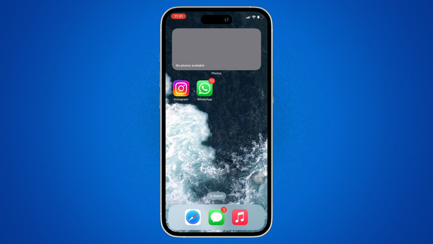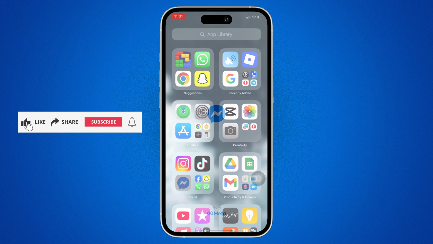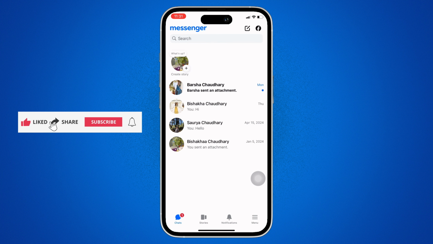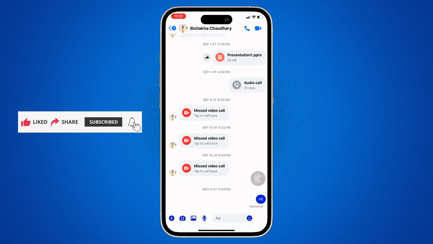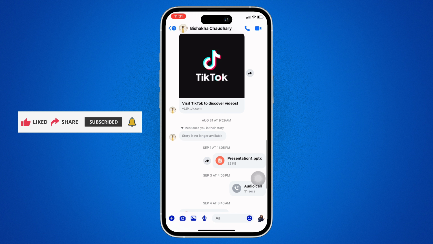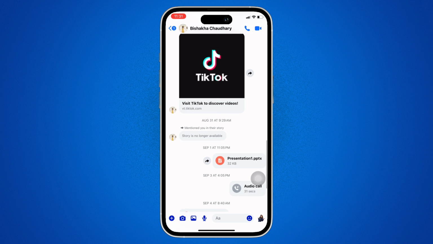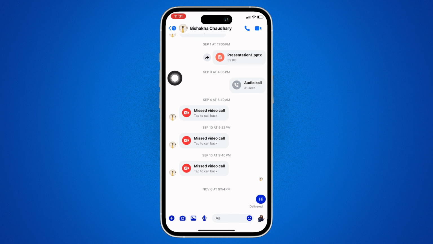Firstly, go ahead and open the Messenger application on your device and further open the conversation of the individual with whom you want to change the chat theme. Once opened, tap on their profile name on top of your screen and you will then see the option for